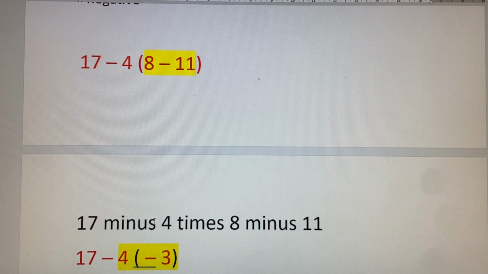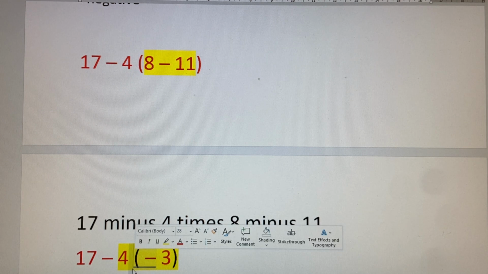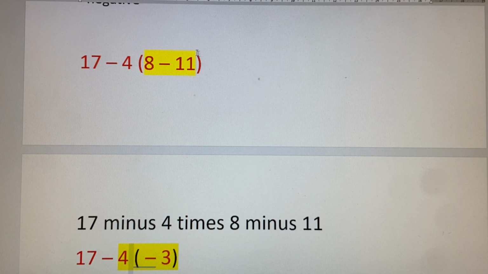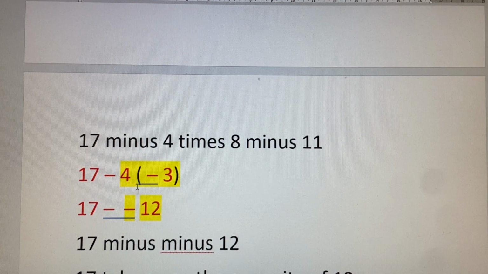Now for the next step, and I forgot to point out, but that's what my notes are for, there is an invisible multiplication here in this space between the subtraction in the bracket and everything else outside the bracket, just between the 4 and the open bracket. So next thing is this multiplication that needs to get done, and 4 times 3 is 12, but